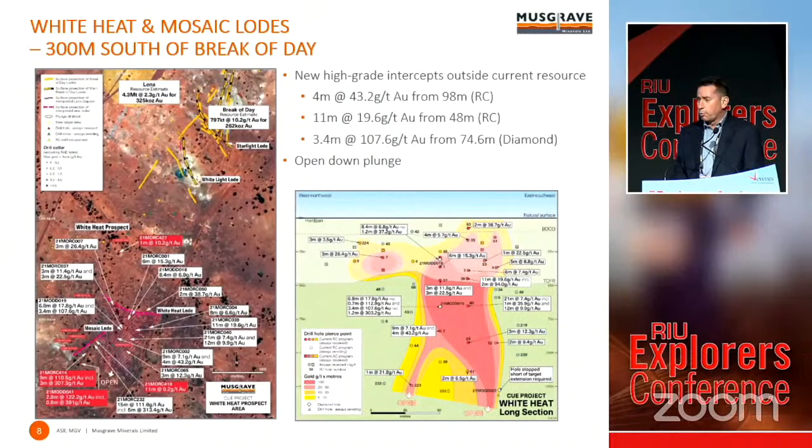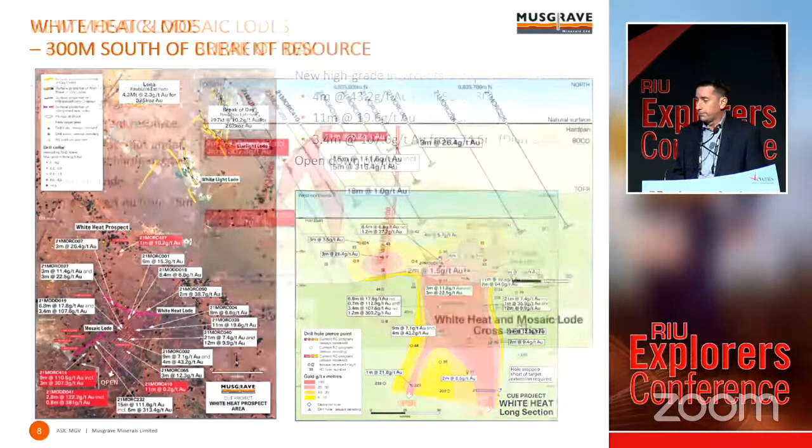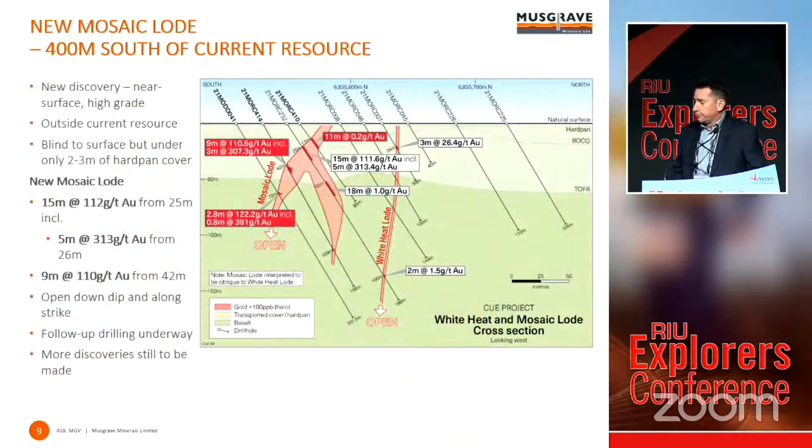One of the newer discoveries, White Heat and Mosaic, only about 300 metres south of Breaker Day, sits beneath about 3 to 4 metres of hard pan cover. You can see a long section there of White Heat, a little bit of leach on the surface, and then straight into high-grade mineralisation. Breaker Day sitting up here, multiple back lodes, then White Heat here, and the new Mosaic lode. We've sectioned it here. First holes in that, fantastic results. One of the best results of last year,